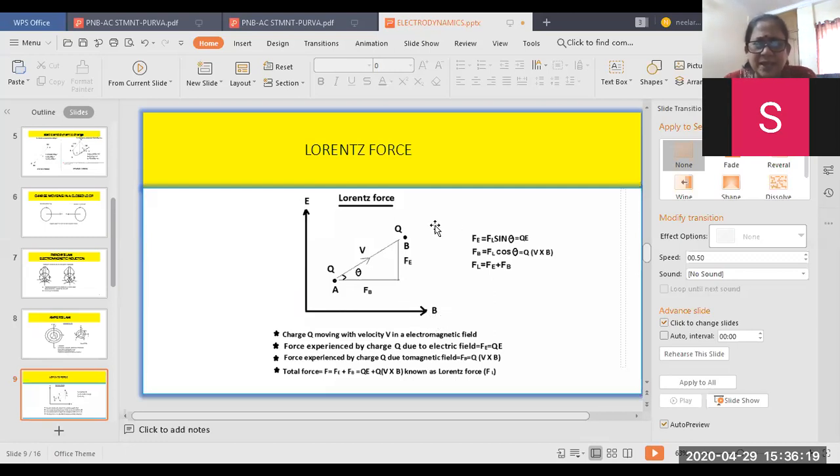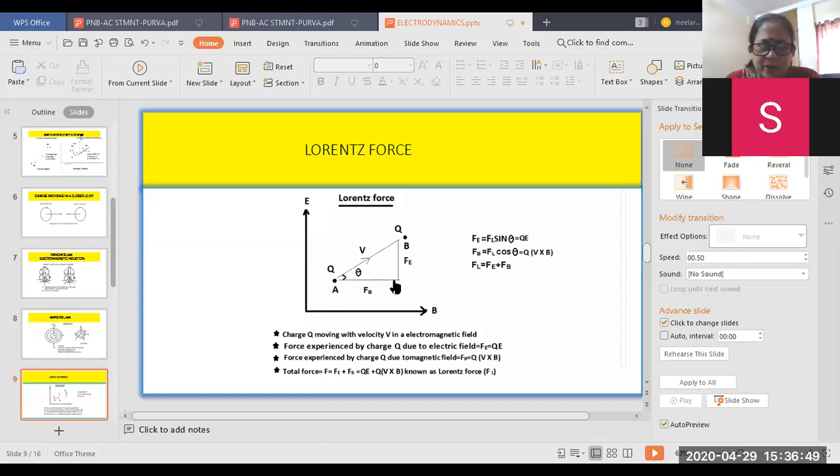So now let us say I have kept a charge. Q is my charge. Earlier it is here at A and it has moved to point B. So it is moving with a velocity v. You can see here, and this is the locus of the charge. In a time t, it has moved from point A to point B. Fine. So that is why I have shown a vector mark. So v is a vector here, because I am talking about the force.